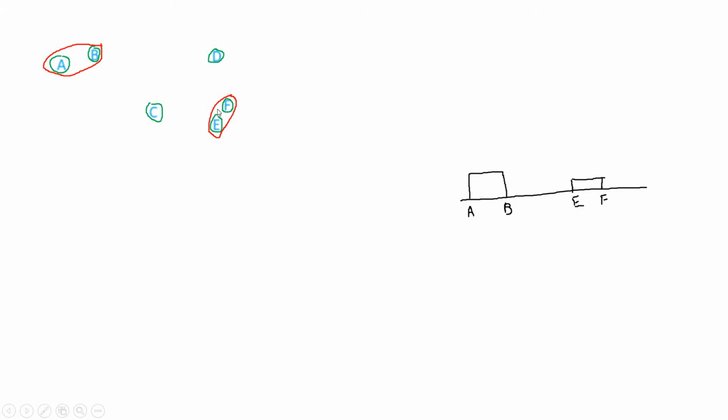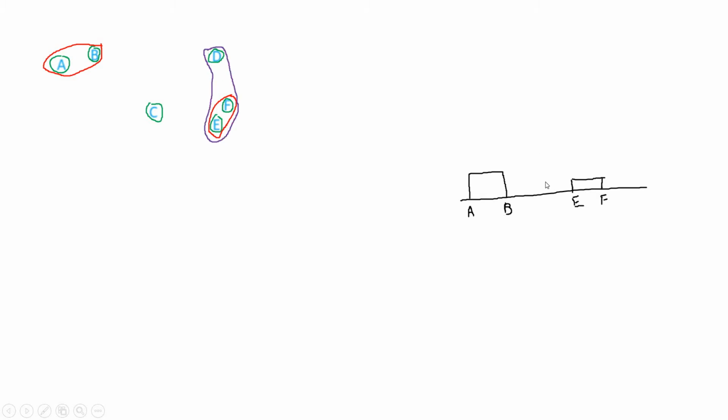Then, the next closest is the cluster formed by E and F, and D. Now how do we measure distance in this case, where E and F act like a single cluster, D as a single cluster, C as a single cluster, and A and B as a single cluster? Very simple. There are different ways to calculate distance in this case. One simple way is to calculate the D and E distance and the D and F distance. Whatever mean distance you get is the distance between the D cluster and the EF combination cluster. If you calculate like that, suppose you find D and this particular combination cluster are closer to each other, so we group them.